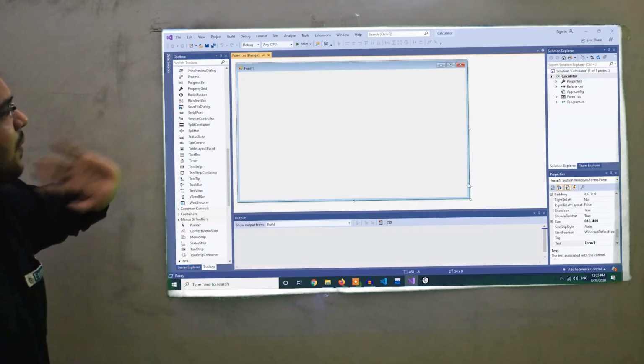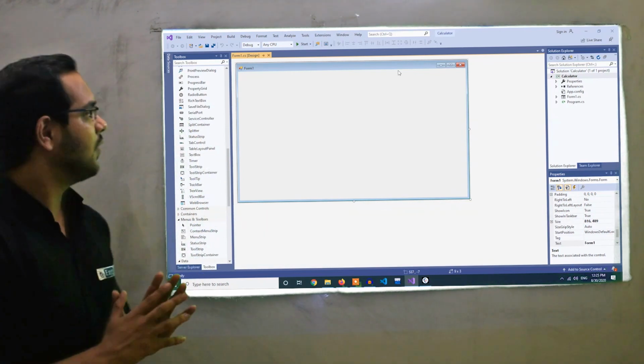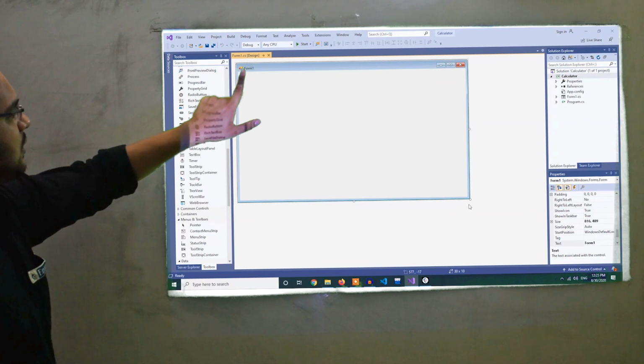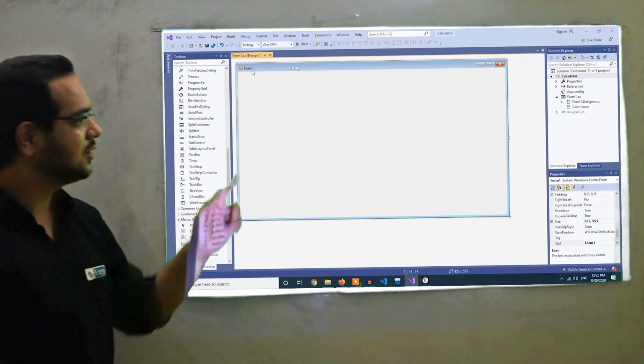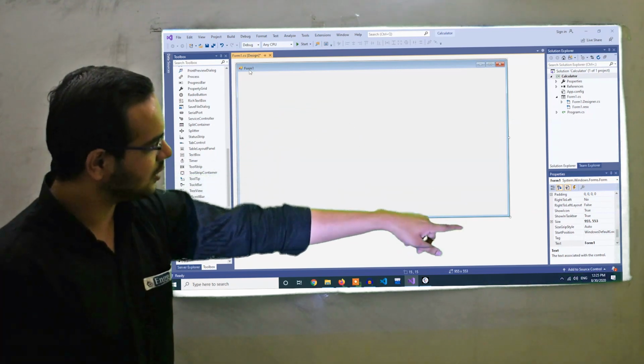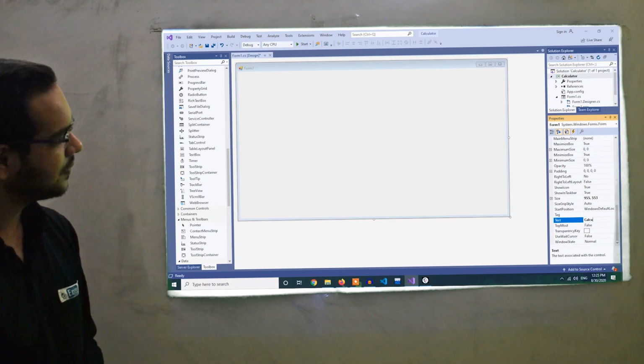Here is our blank form. First we will configure this form. We have to change this text, then the logo. How can we change the text? I hope you know now. Just go to its properties and the text property. Here it is. Let's say Calculator.